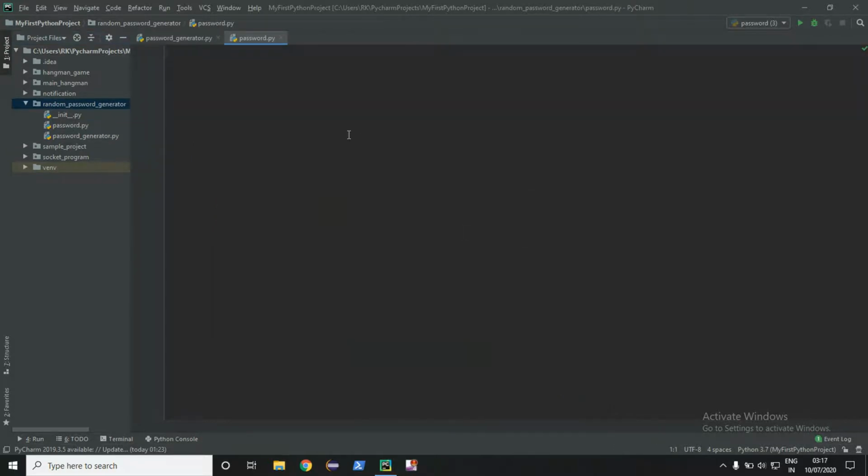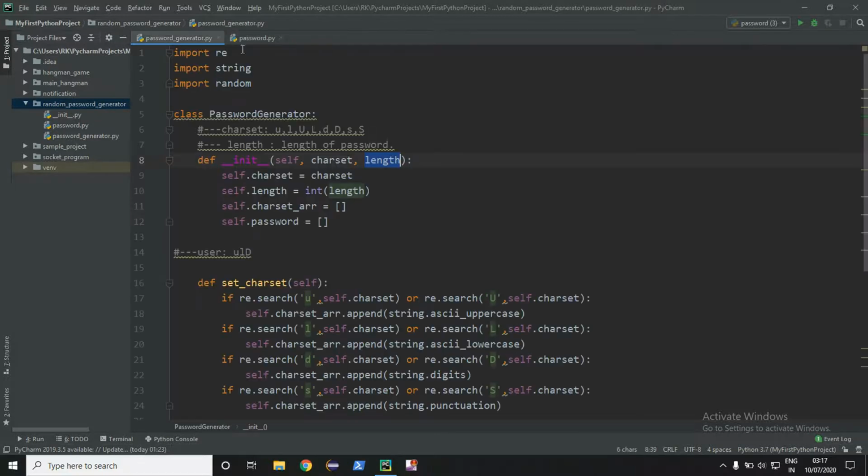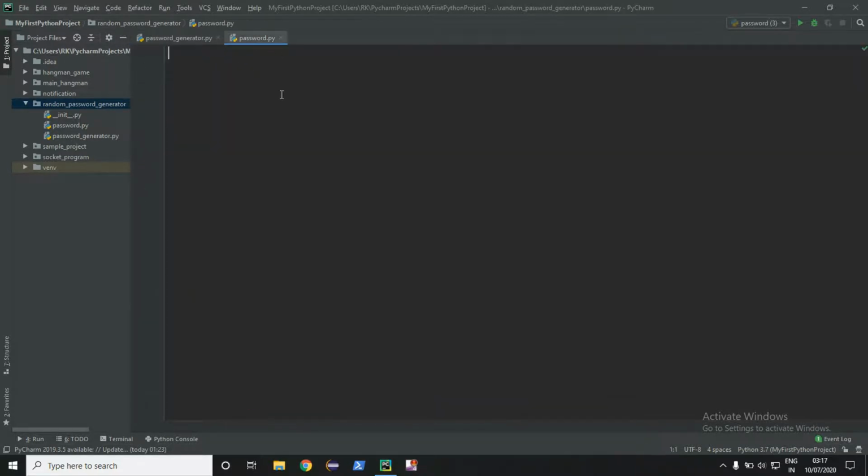Now we are going to import this Python file in our new file: from random password generator import password generator as pg.